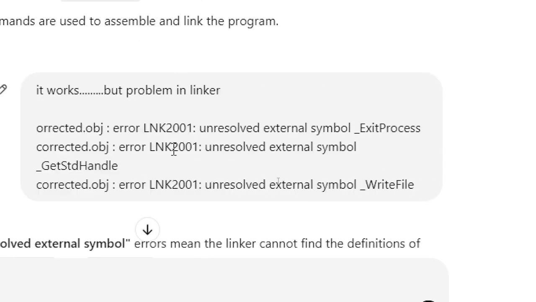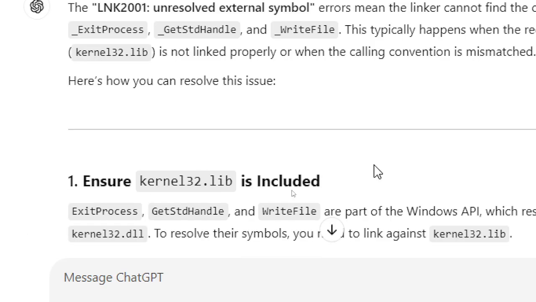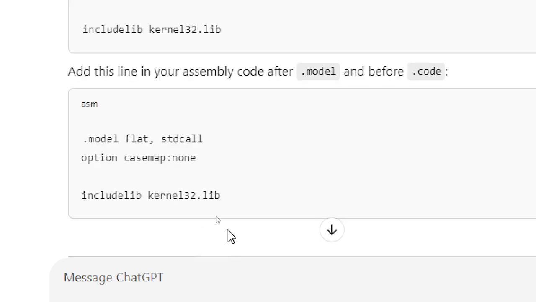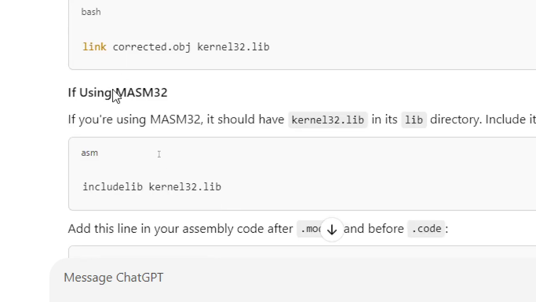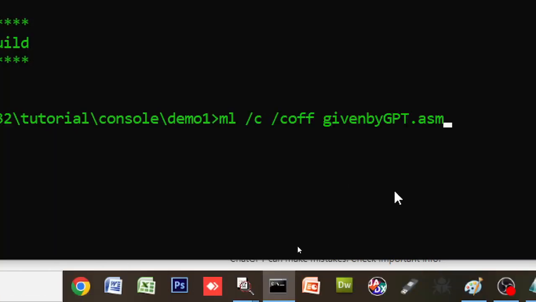So this is the error, unresolved symbol. Then he gave me a lot of things, link ChatGPT to kernel32. Okay, so we can try that. Just type the link in the library. Okay. So we type here link,